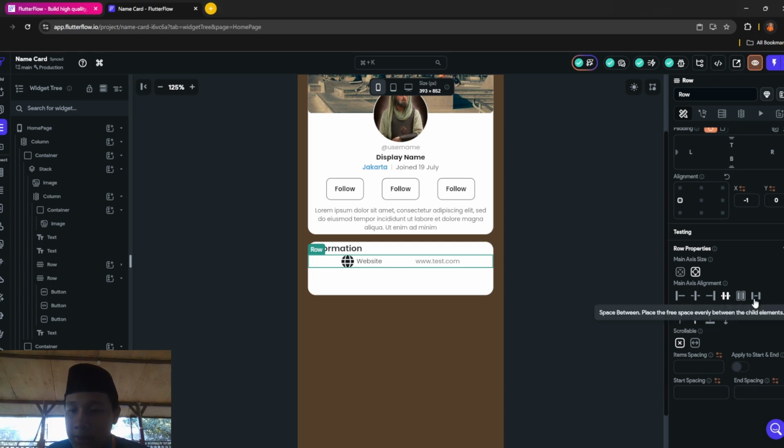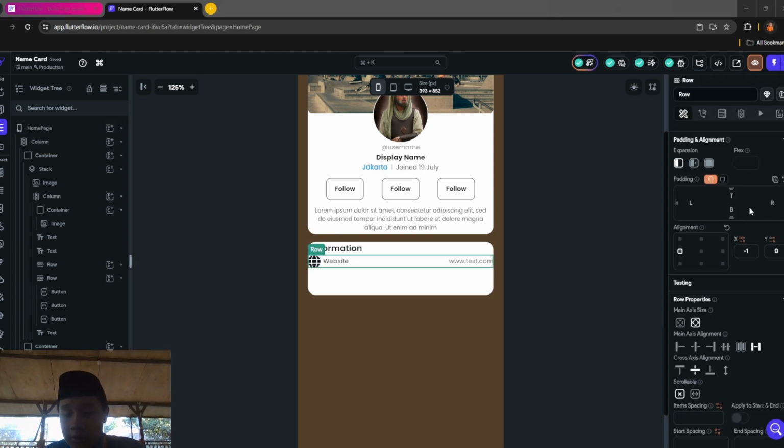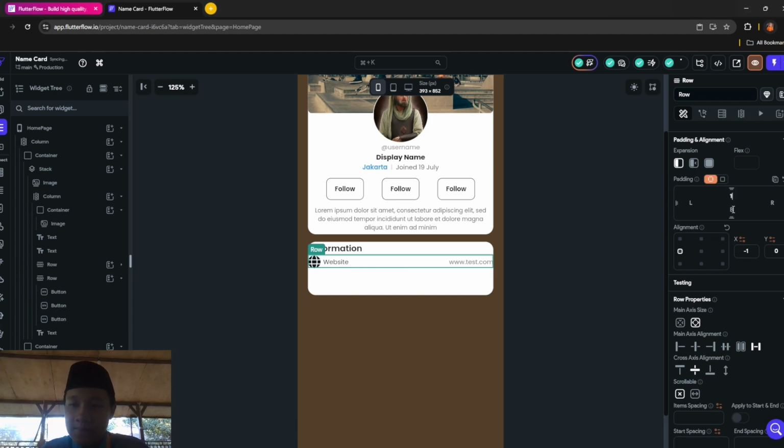Wait, my bad, it is space between like this. Add a little padding on this row, maybe 10, top padding and bottom padding 10.